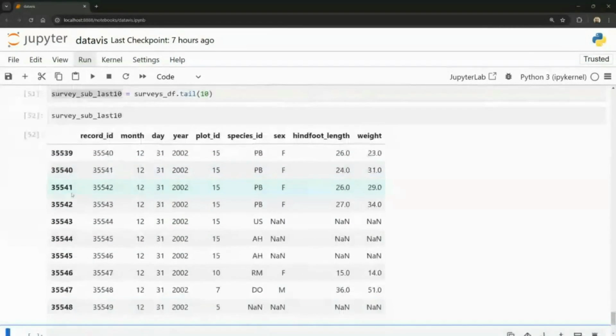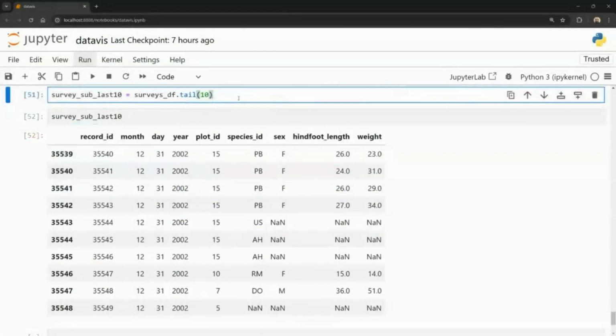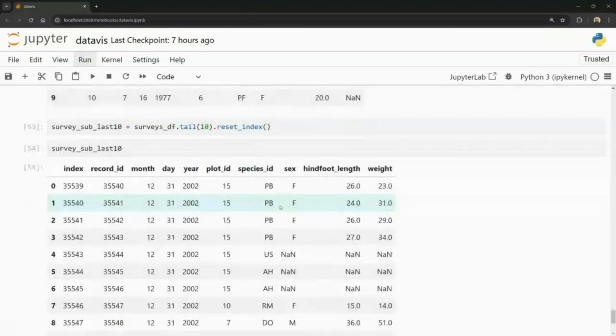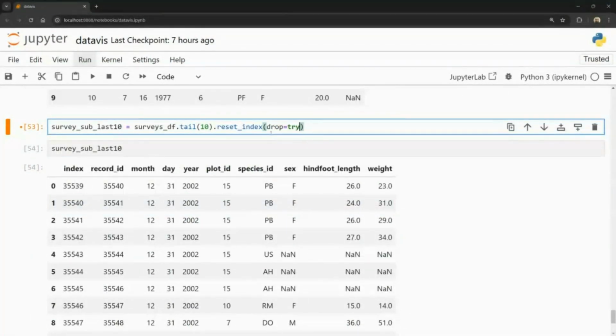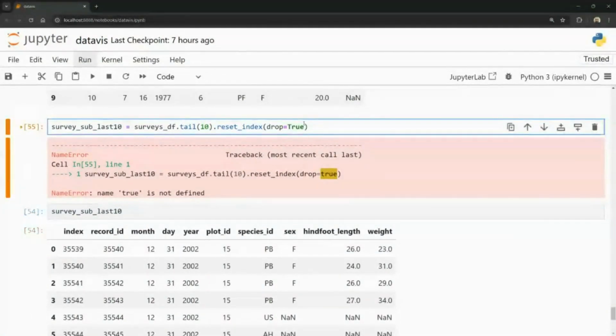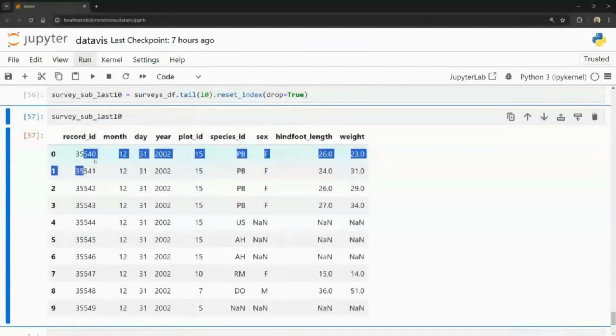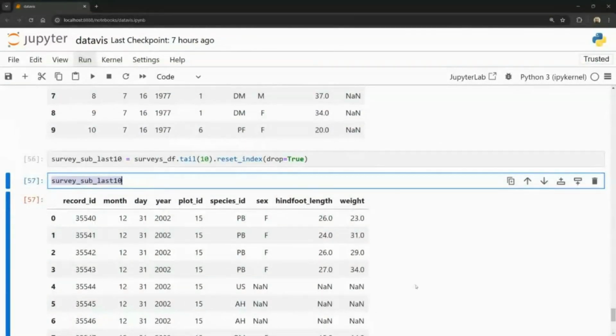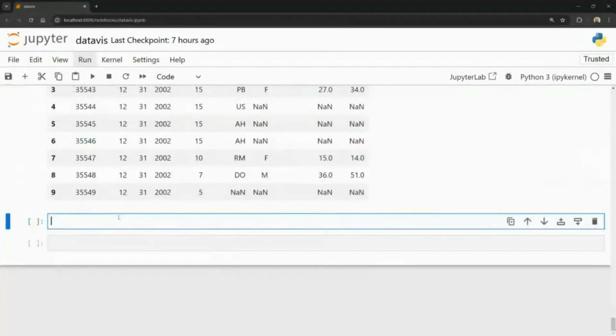If we want to change the indexes here, but keep the records, what we could do is reset_index. I don't think we'd need that. And no, we did. So we need to tell it to drop the old index, otherwise it saves it as a different column. Capital T. So now we have the record ID, which has the old values, and we have the new indexes, which are 0 to 9 again. So now with these two smaller subsets, survey_sub and survey_sub_last10, which are the first 10 and the last 10 rows, what we can do is have a look at the different types of